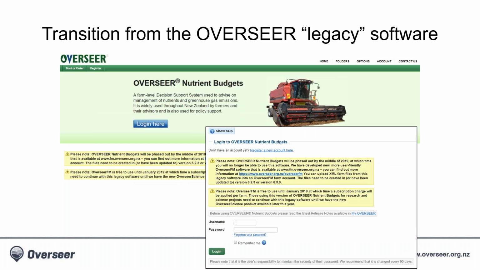So a really important piece of messaging, I think, which we touched on earlier and which I will probably overly labour at this stage, because I had some very interesting conversations down in Canterbury a few weeks ago where a number of people had noticed the big yellow boxes that had appeared on the Overseer Legacy login page, but hadn't actually read the big yellow boxes. So we have put them there to be read, really to emphasise the process for phasing out the legacy software and transitioning to the new OverseerFM